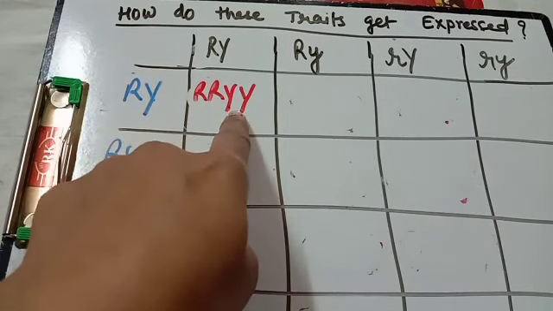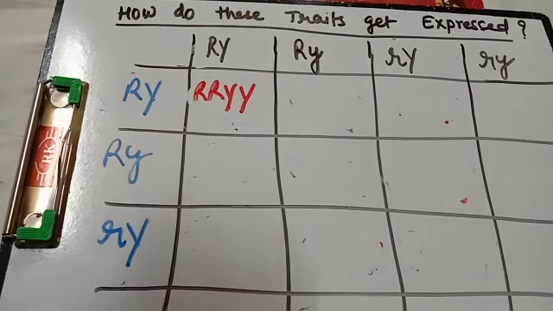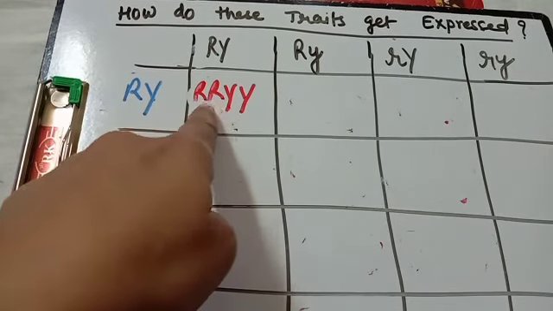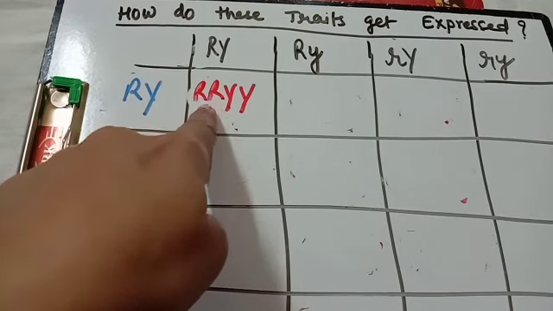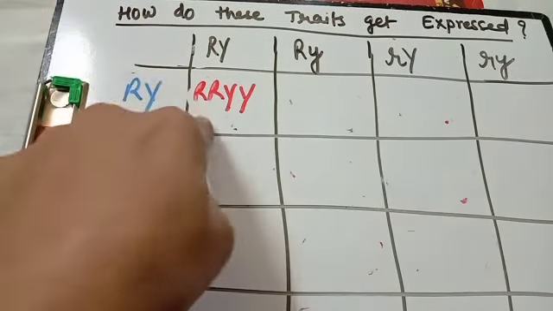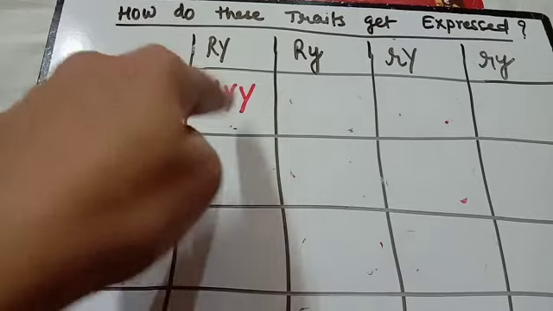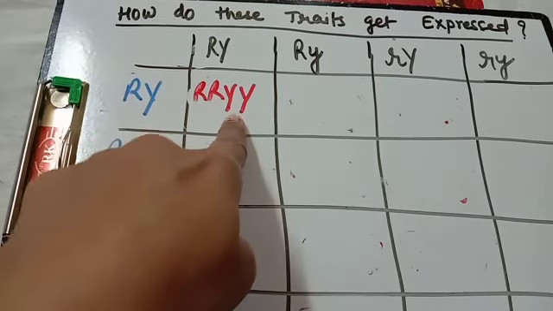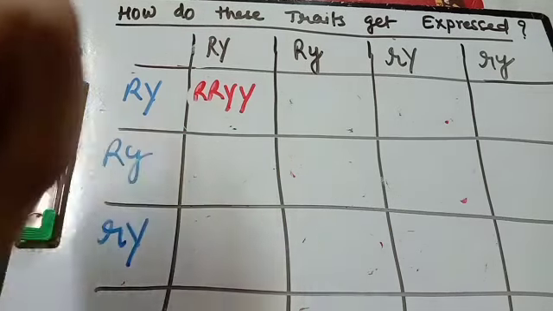Now you know the answer of this. This is your genotype. What will be the phenotype? Phenotype means the result will be of which type. So you have to take one from these two. Which one is it? Both are R, so it will be round, and this will be yellow. So the pea plant will be round and yellow. This way we will get all. Round and yellow, because both are capital, it is dominant trait.